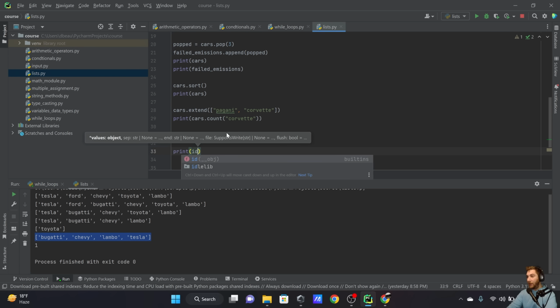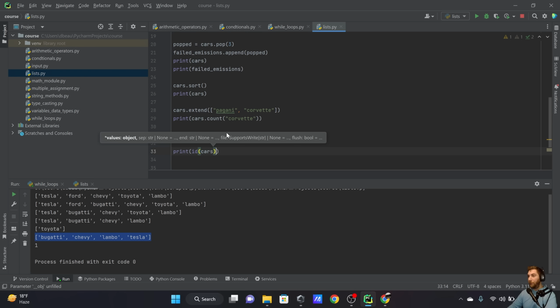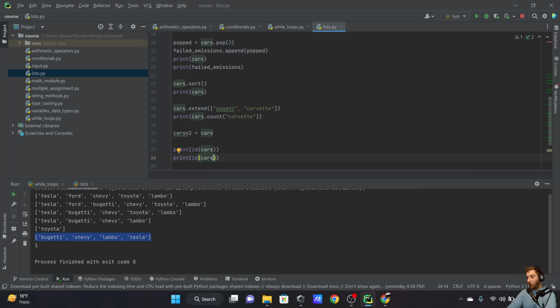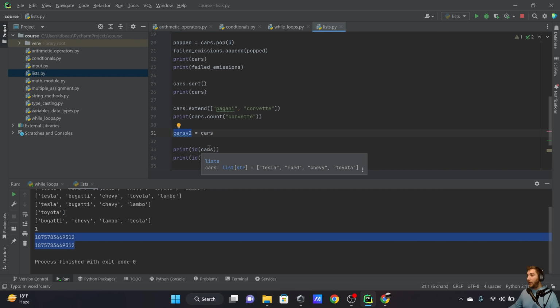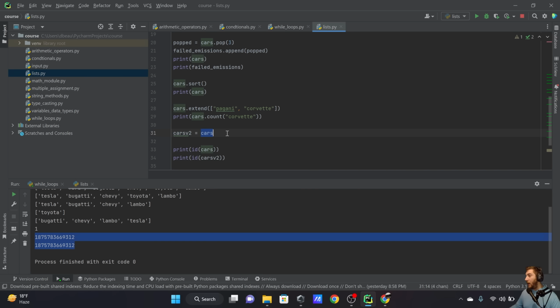I can print the ID of cars, and then I can do it with cars v2. Let's run this. You can see they're both sharing the same memory location. So you may think that you have created a copy, and you might start altering this list. You might say, okay, well, I don't want to do anything to cars, but I have this cars v2 copy,